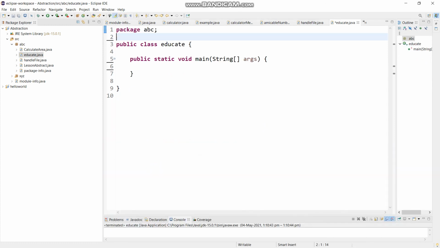So this is how we are going to create the thread with the help of the Runnable interface. Now I am going to show you how we are going to create a thread